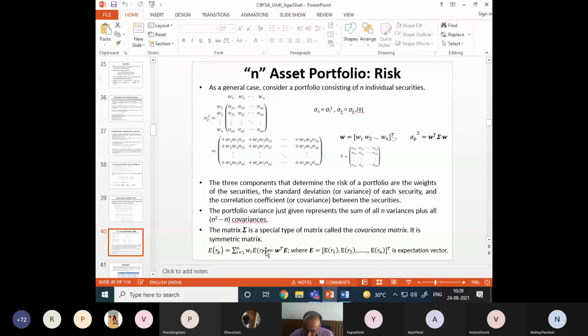So far, we have derived the risk associated with the n security portfolio, right? And we have also derived the expected return from the portfolio. If we have n securities with different weights in the portfolio, the summation of all weights equals 1. That's the restriction. OK, and right now we are not considering any short selling. In fact, there can be short selling. The covariance matrix is very important here, so that is always a square symmetric matrix.